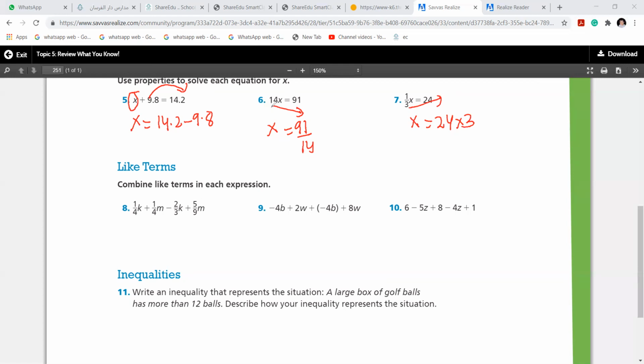Here, what is the relation between 14 and x? Multiplication. It goes down and becomes division. Here, again, 3 is 1 divided by 3. 3 goes up and becomes multiplication. Simple, Miral and Dana. If you see something down, it will go up. If you see something like 5x equals 3, this 5 will go down. Down will go up, up will go down, plus will become minus, and minus will become plus. Okay. This was to revise.